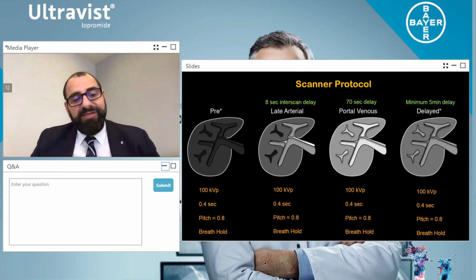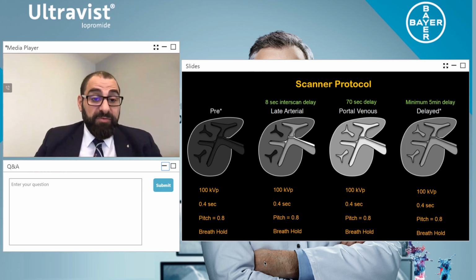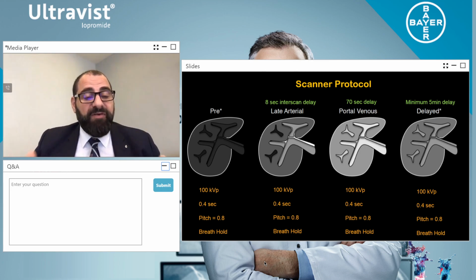Because remember, the liver, we're only scanning a small section of the abdomen. And we always want the pitch values to be exactly the same. Now, if we also look at the breath hold, make sure the breath hold's exactly the same. And then now let's look at the delivery. You want an 8-second interscan delay. So if you're doing bolus tracking, you put the region of interest at the top of the liver, and as you're injecting contrast, once it reaches there, within 8 seconds, we should have an interscan delay, because that gives enough time for contrast just to start coming back into the liver.